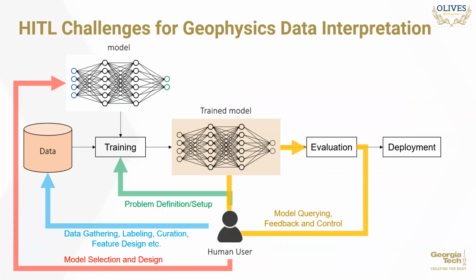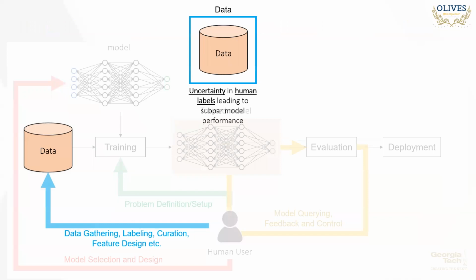So coming back to the picture I earlier presented about what is really happening when you're using a machine learning model, where every single component in the pipeline is actively interacting with the human user, I think what I'm going to do now is describe some of the problems that are associated with each one of these components. So for example, when it comes to the data component, we know that one of the problems